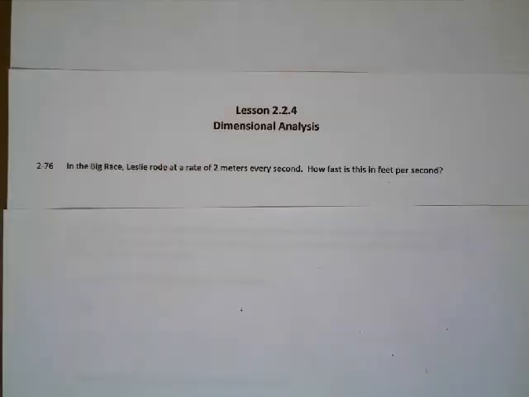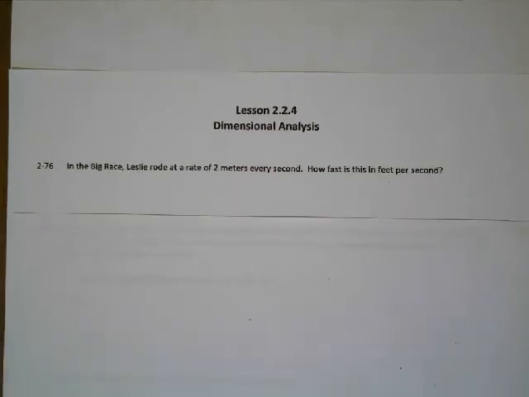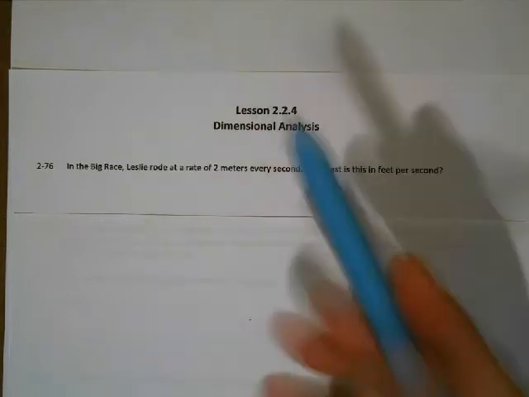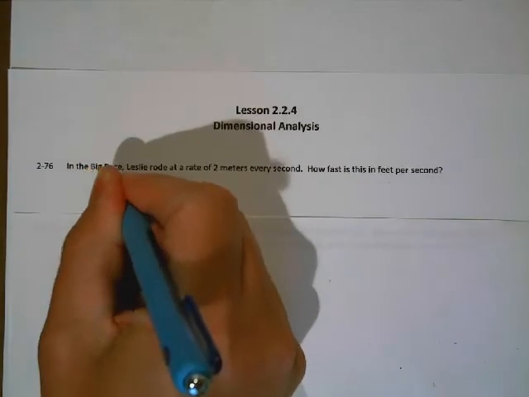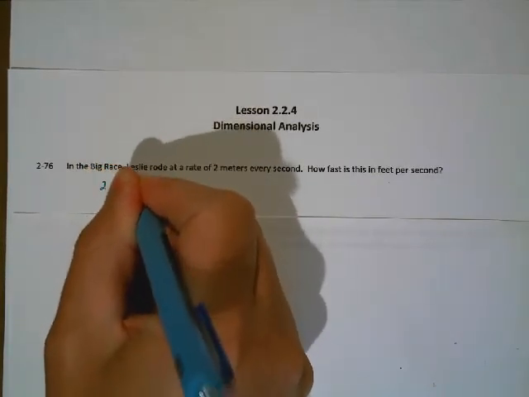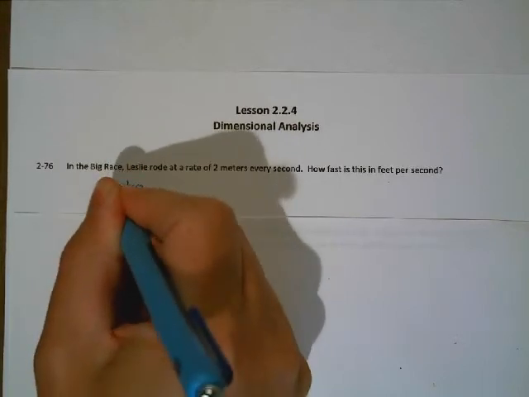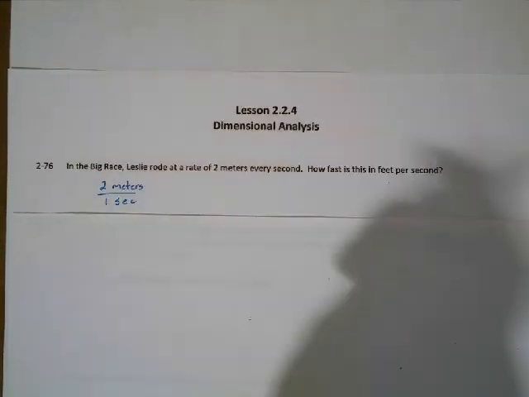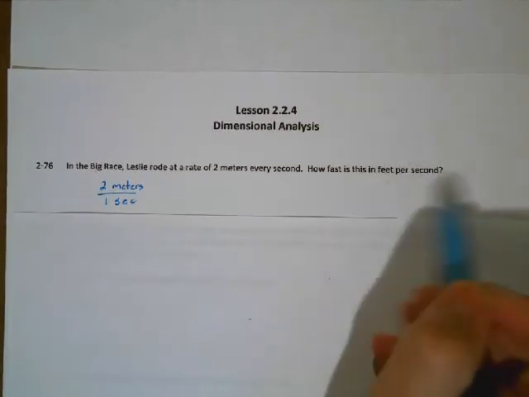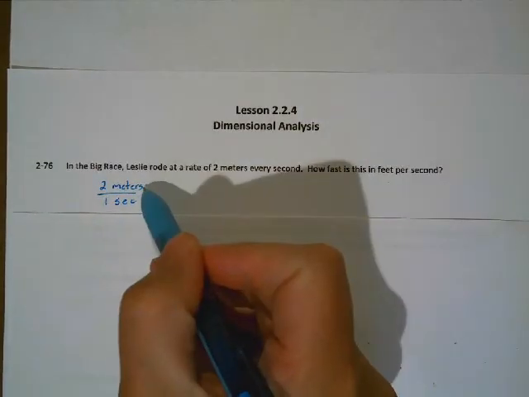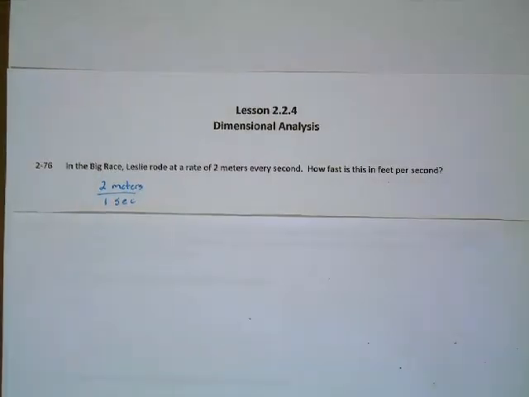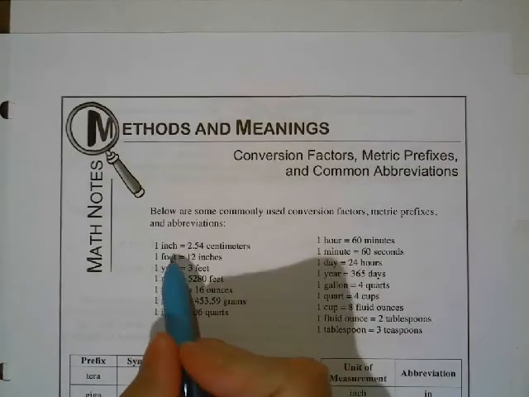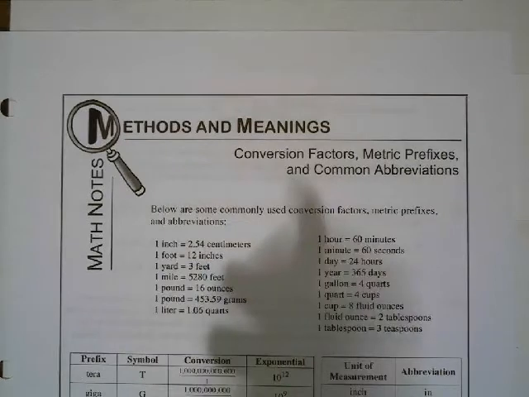So what we want to do when we do conversions is make ratios. So we know that they're starting off at 2 meters every second. So that first ratio is 2 meters. Make sure that you have your units there for every 1 second. All right, and what we want to end in is feet per second. So the numerator needs to change, but the denominator does not need to change. Okay, well, on this one, they have inches to centimeters. So let's switch